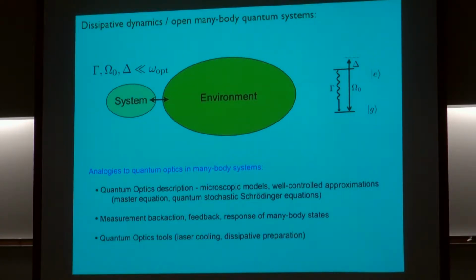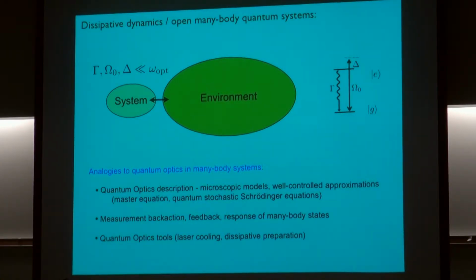Namely, if I think about something simple, like a two-level atom with a ground state and an excited state, and I think about the most obvious type of dissipation here, which is if I prepare the atom in an excited state, then it can spontaneously emit a photon and decay to the ground state. Then I suddenly have a situation where I can have a very large separation of my energy and frequency scales. In particular, if you look at the frequency scales with which you normally drive the transition between the ground states and the excited states with lasers, and you look at the typical decay lifetimes of the excited states,